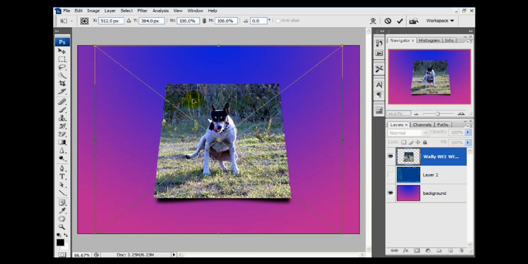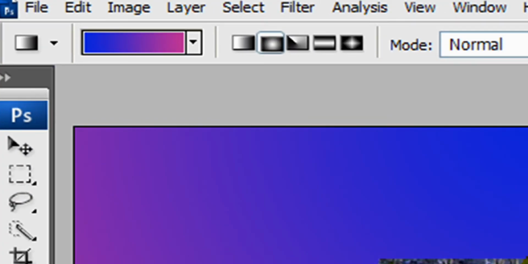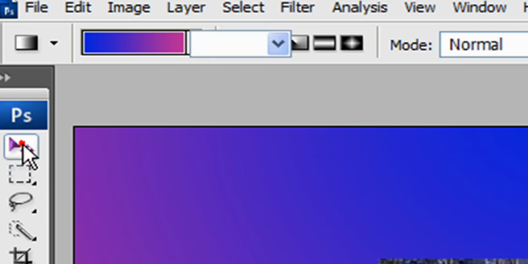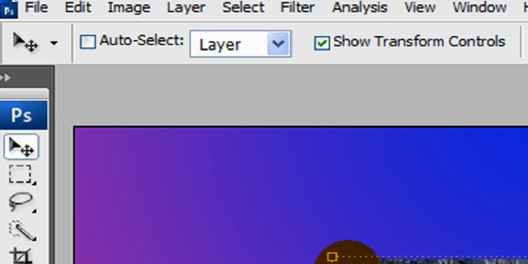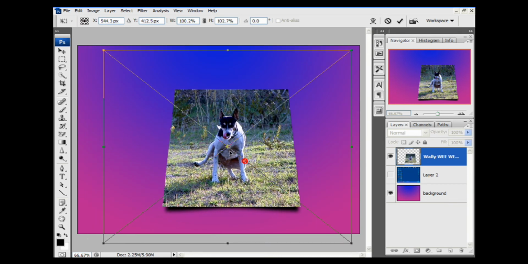Right, that's the picture placed into the layer there, and let's double left click that, come over here to the toolbar and just click the move tool, and then we can move it about the